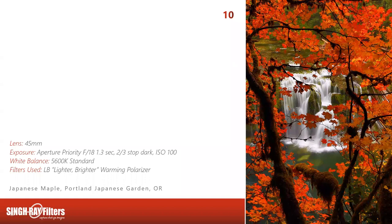This is Lower Lewis River Falls in Southern Washington. And this is shot at f/18, 1.3 second exposure, 2/3 of a stop dark, ISO 100, 5600K in my standard roll of film because of those red leaves. Light, bright, warming polarizer. Now, if you look closely in this photo, down towards the bottom 2/3 on the right,